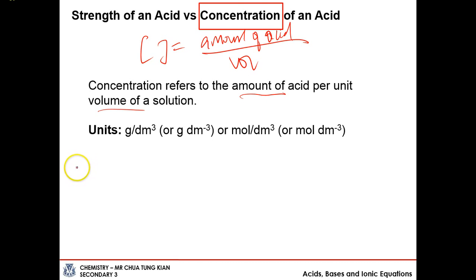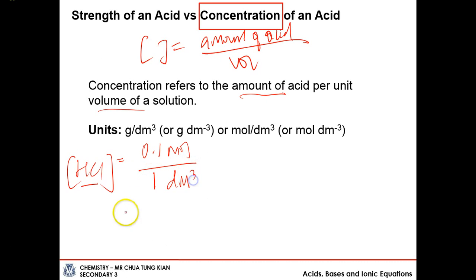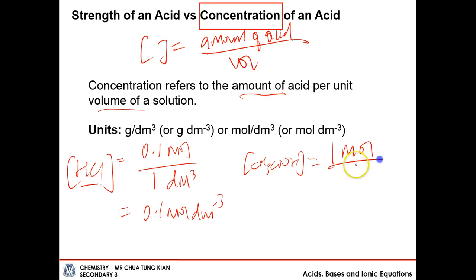So for example, if I have HCl, this is a strong acid. Let's say I only have 0.1 mole in 1 dm cube of solution, my concentration would be 0.1 moles per dm cube. And if I have ethanoic acid here, and I have say 1 mole of ethanoic acid, and I have the same volume of water, I get 1 mole per dm cube of ethanoic acid. So this is a higher concentration of weak acid,